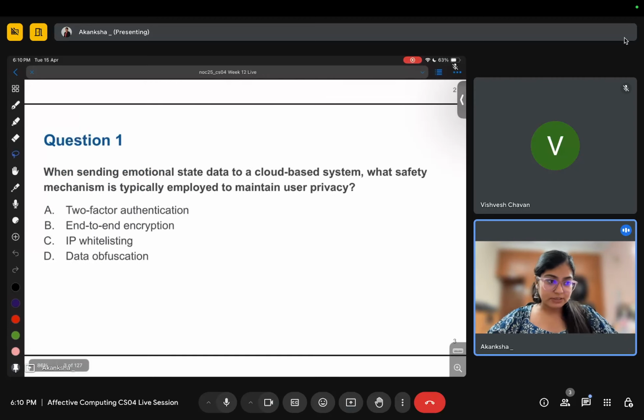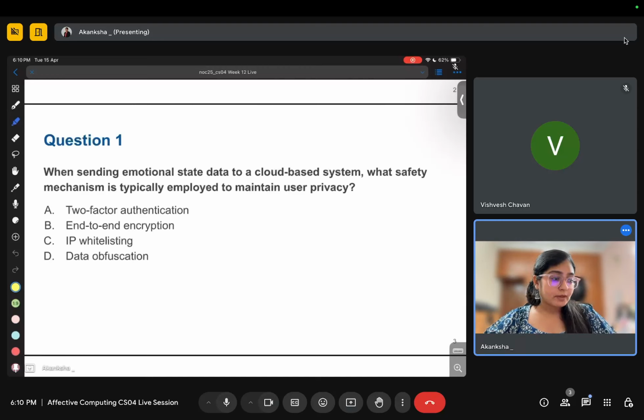So first question is, when sending emotional state data to a cloud based system, what safety mechanism is typically employed to maintain user privacy? Two factor authentication, end to end encryption, IP whitelisting, data obfuscation.